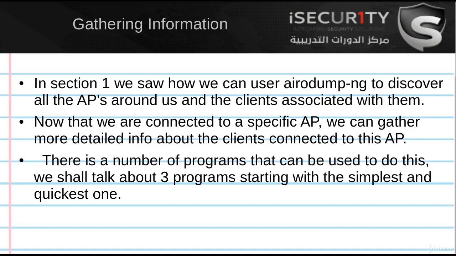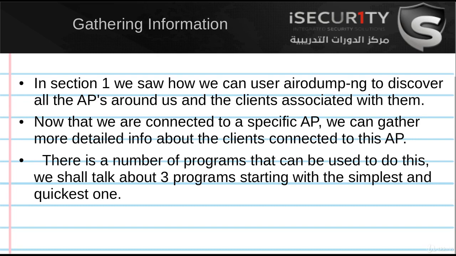The first thing we're going to talk about in section 3 is gathering information. Gathering information about the connected clients and the router is very important because it will help us know their IP addresses, their MAC addresses, the operating system that they're running, and the ports that they have open in their devices. For example, for the router, we'd be able to know the manufacturer of the router, and then we'd be able to look for exploits and vulnerabilities that we can use against the router or against the clients